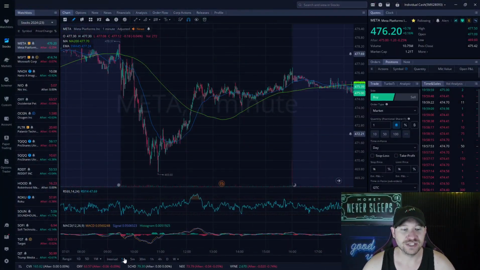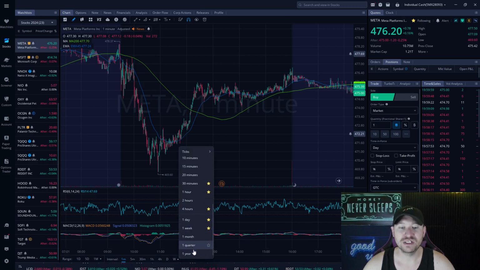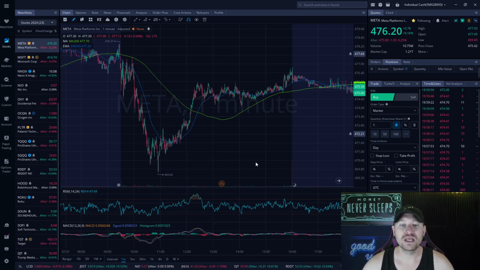So there are many different time frames. There is the, as you can see down here, the 1 minute, the 5 minute, 30 minutes, 1 hour, 4 hour, day, week. They even have month, year, quarter. Now, it's effective to be able to know how to use these time frames to set up your trading